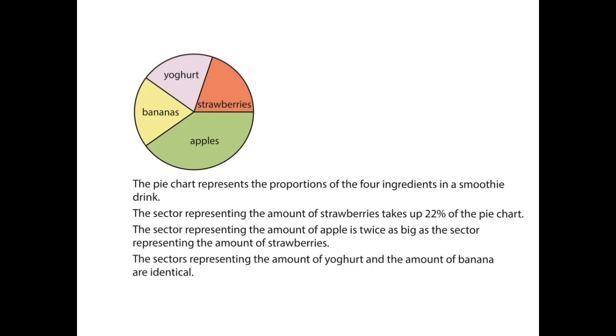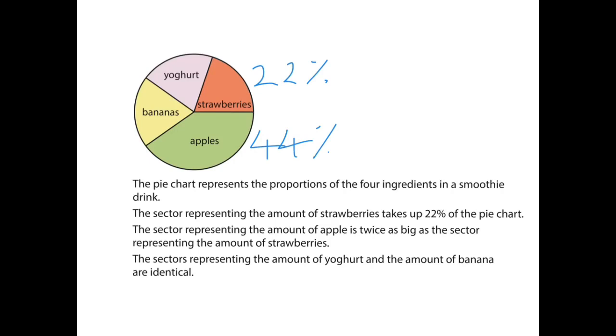On this question here, we've got a pie chart that shows 4 ingredients in a smoothie drink: bananas, yogurt, strawberries and apple. And we have 3 clues that show us what proportion of the drink is made up by each ingredient. So it tells us that strawberries represents 22% of the pie chart, so of a drink, and that apples is twice the size of the strawberries. So we can see that strawberries is 22%, and so apple is